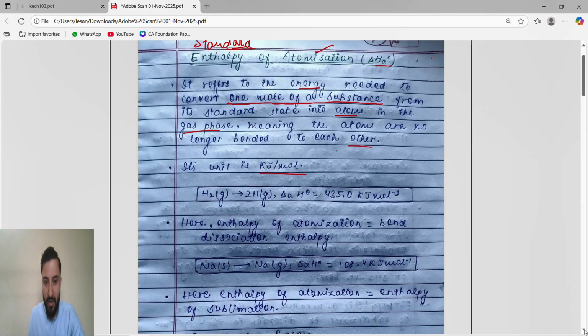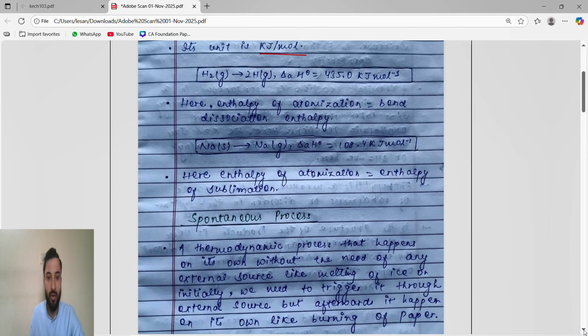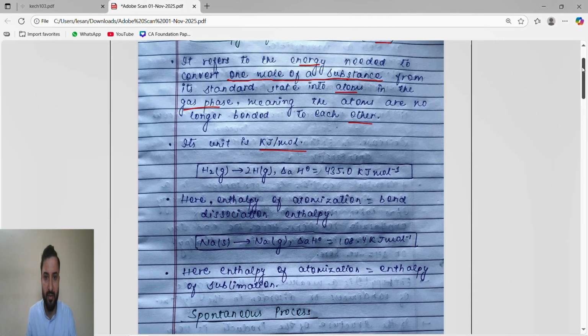Guys, this is a very important thing. What most students make a mistake on is enthalpy of atomization. See, what we understand is that enthalpy of atomization means the energy needed to convert 1 mole from its standard state into atoms in the gas phase. So from this sentence, I will write this sentence, meaning that atoms are no longer bonded to